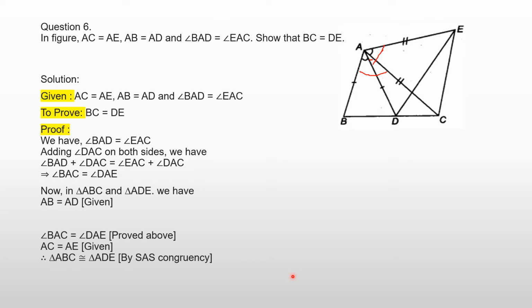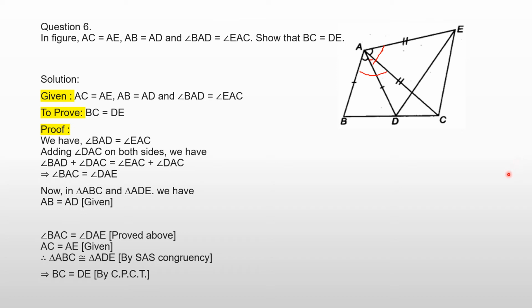Okay, so what we can say is that the remaining parts are equal. Just see what the remaining parts are. The remaining parts are this side BC and this one DE. So these are equal. So this we have proved. Okay, now we will discuss